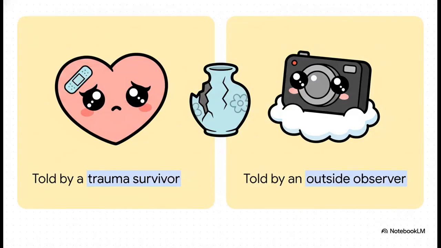The difference between these two scenarios brilliantly illustrates exactly what I mean. Just imagine you have a plot, the exact same series of events. First, imagine that story is told directly by a trauma survivor who actually lived through it. Now, imagine those exact same events told by a completely detached, outside observer. The plot itself hasn't changed one single bit, right? But the emotional distance, the bias, the overall tone, and your sympathy as a reader? Totally different. That is the sheer power of the narrative lens.